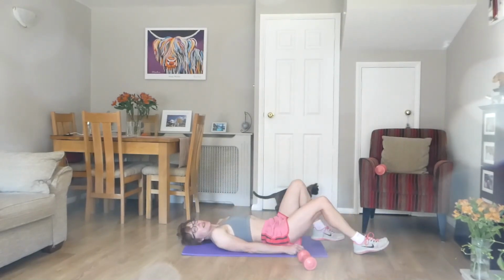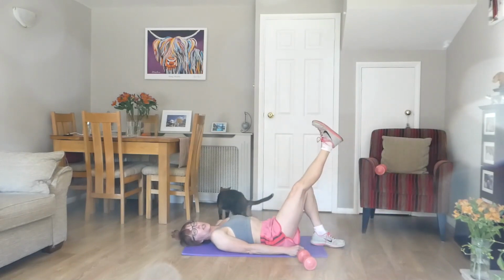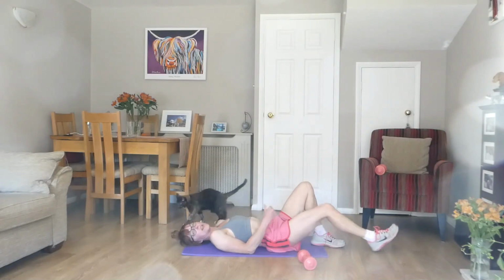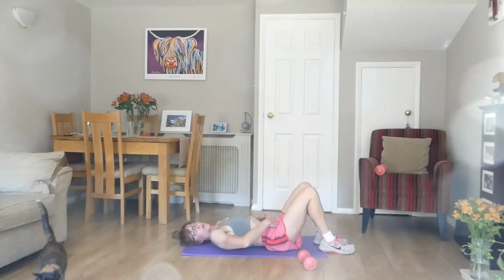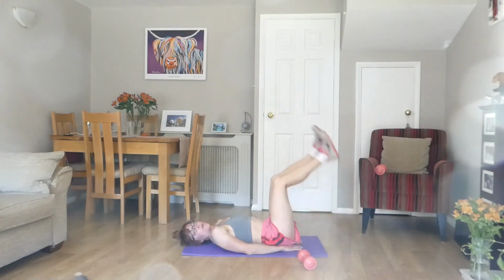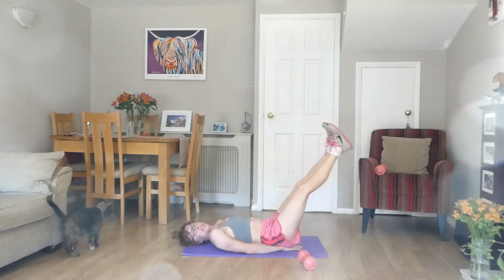So laying down, 1 leg bent, 1 leg straight, and you can lift and lower. We'll do 30 seconds. You can either do 30 seconds on one and then 30 seconds on the other, or doing both at the same time. But whichever one you pick, it's important that you engage your abdominals. So feet up, 1 leg bent if need be, keep the abs pulled in, and we slowly lower